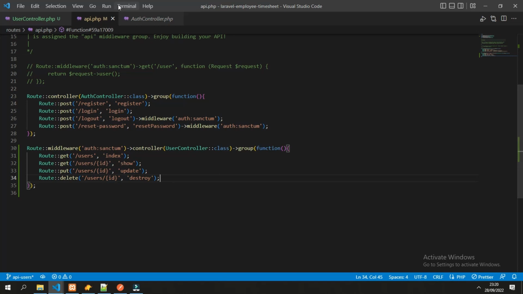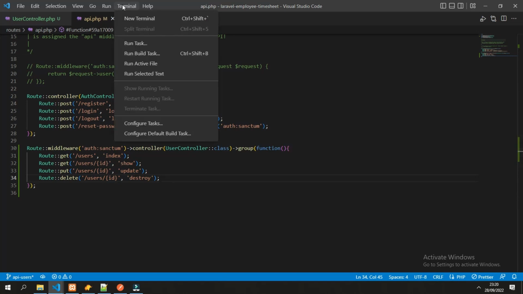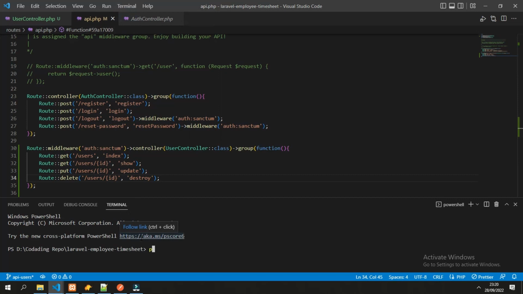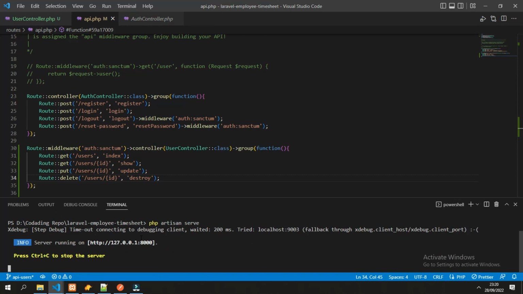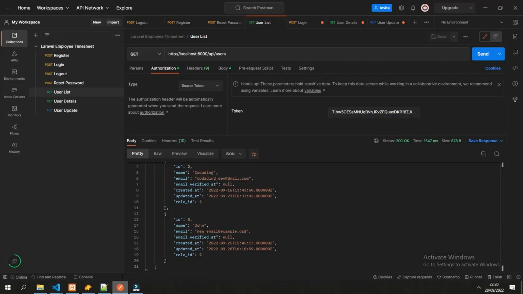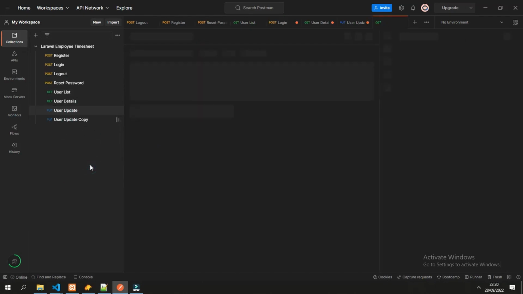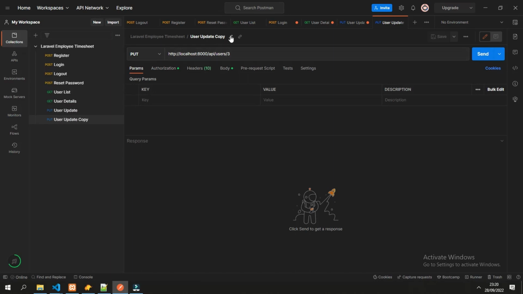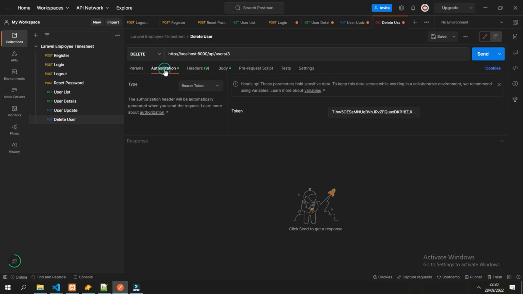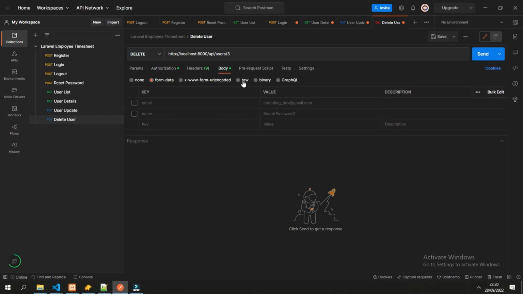That's it, and we can test in the Postman. So let's run the application first. For delete, we can copy from this one to create a request, change the title, and change the operation to delete, and that's all with the bearer token and nothing in the body.